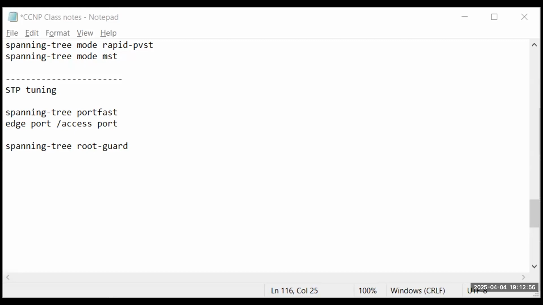Again, the network connectivity will not be there for any users during the spanning tree election process, and the newly added switch will have to become a root bridge, right? So to stop that, we are configuring root guard. Okay. And also, intentionally, someone who wants to hack the network will try to configure an additional switch and put it in the network